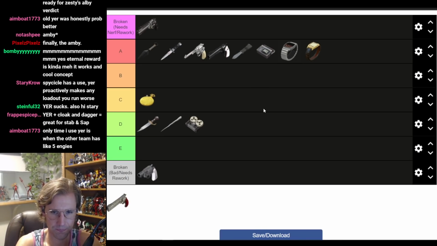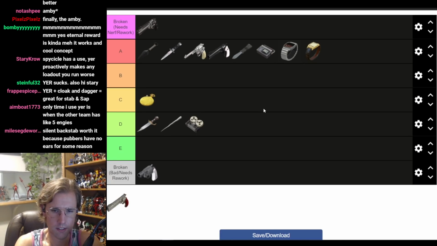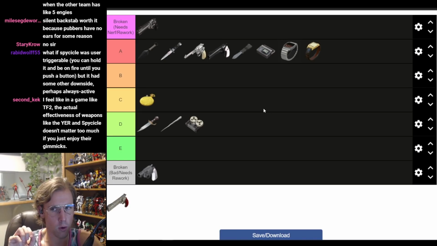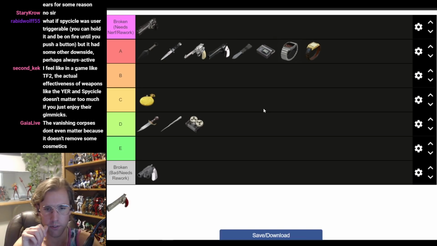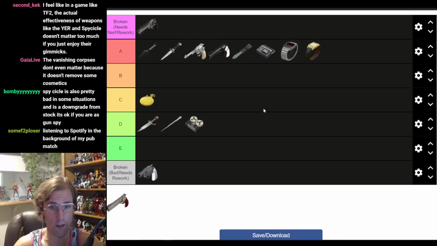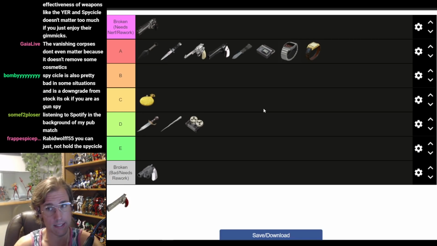Hands down. Silent backstab, worth it, because pubbers have no ears for some reason. I mean, there's so much noise going on in your usual game anyway that being able to pick out a single sound is usually difficult, right? Like, if you're in the middle of a firefight and a spy suddenly goes to town on somebody, you're probably not actively listening for that backstab sound. It's only super noticeable when the spy is picking off someone and there's no real active firefight going on. Unless you have your volume cranked all the way up and you're super paranoid about spies, then yeah, you're gonna hear it, but...